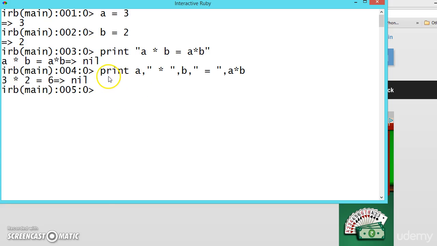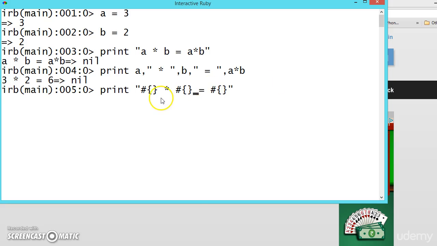Instead of this, there is one more type. Print, and inside the quotations you can write a pound symbol and flower brackets, space multiplication, and again pound symbol, flower brackets, is equal to, again pound symbol, flower brackets.